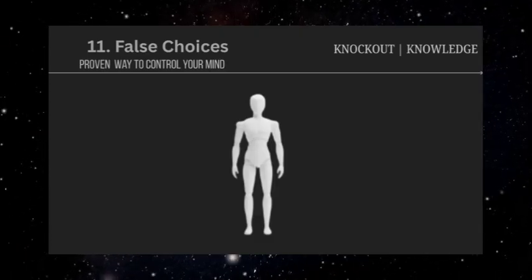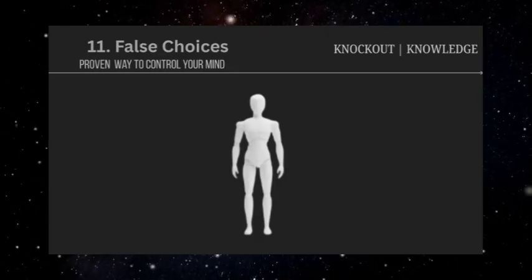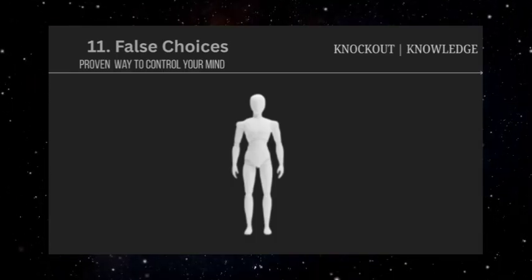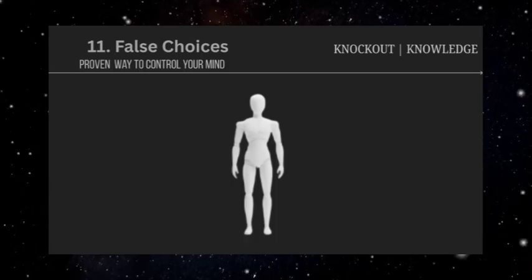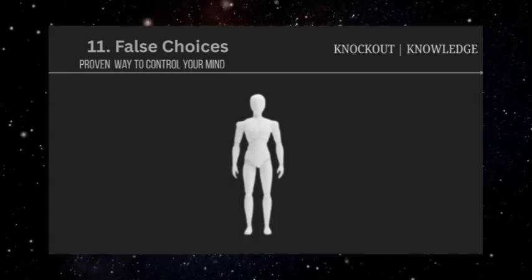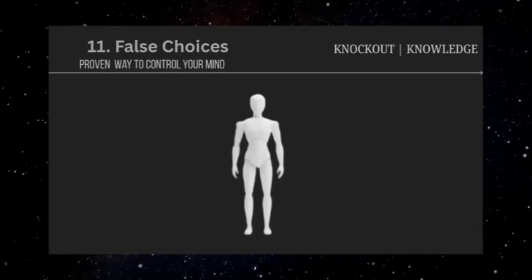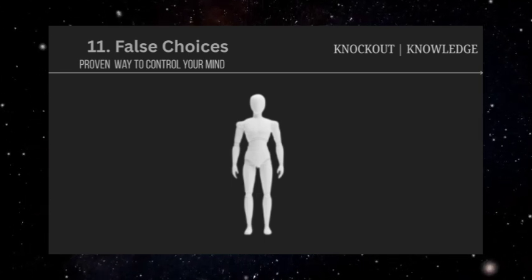Political false choices are used to polarize public opinion and discourage nuanced thinking. "You're either with us or against us" eliminates the possibility of partial agreement, conditional support, or alternative approaches. This binary framing forces people into camps while concealing the reality that most complex issues have multiple valid perspectives and solutions.